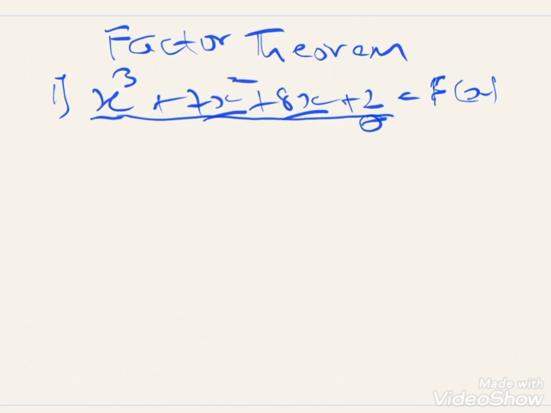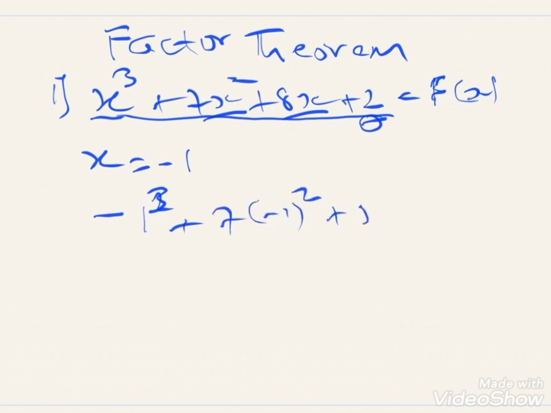Let us try with minus 1. Now, let x equal minus 1. Now we have minus 1 raised to the power 3 plus 7 bracket minus 1 squared plus 8 bracket minus 1 plus 2 is equal to 0. How? Because given this as an odd power, when we expand minus 1 to the power 3, we shall have minus 1. Given this as an even power, being expanded by minus 1, we shall have plus 1 times 7, which is